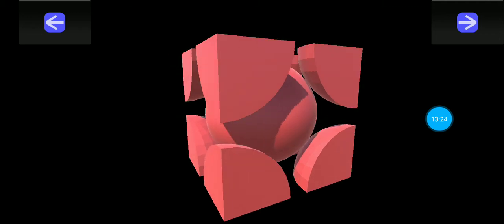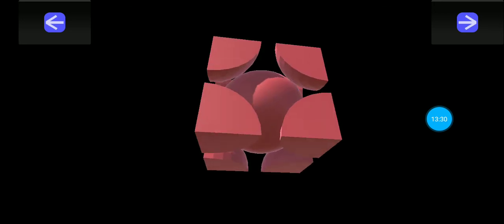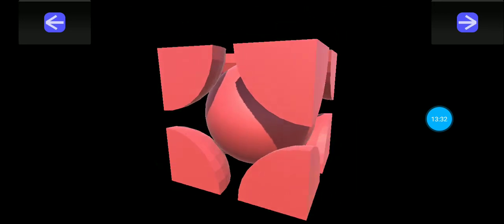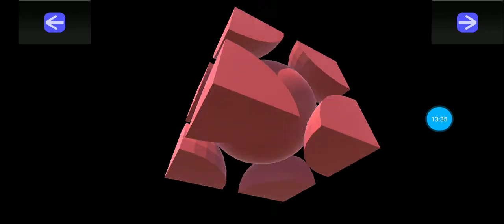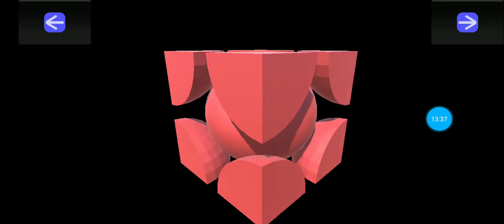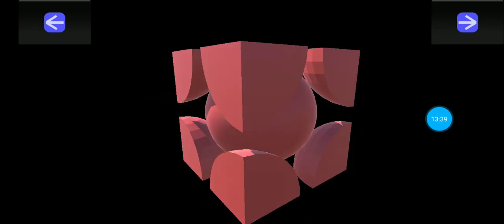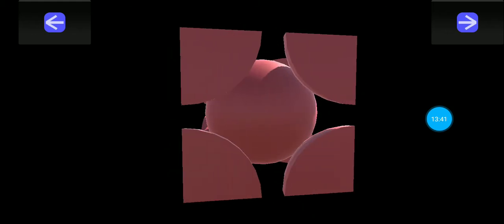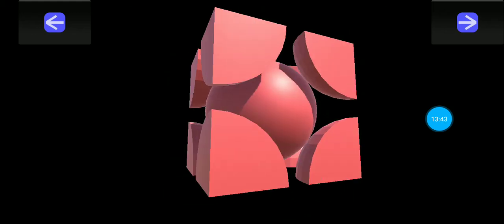So this unit cell in all has 2 atoms. Why does it have 2 atoms? Because 1 full atom at the center and 8 into 1/8, which is 1 atom in all at the corners. So this is how the body centered cubic cell looks in 3D.